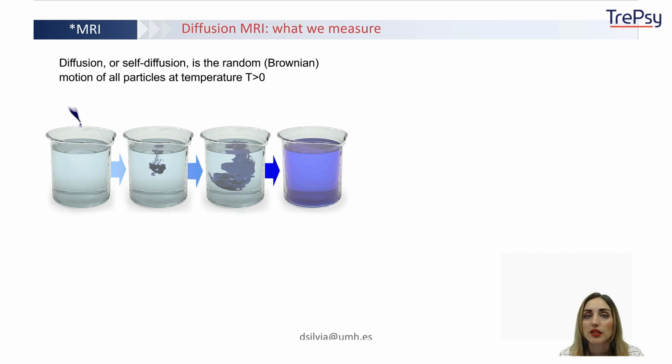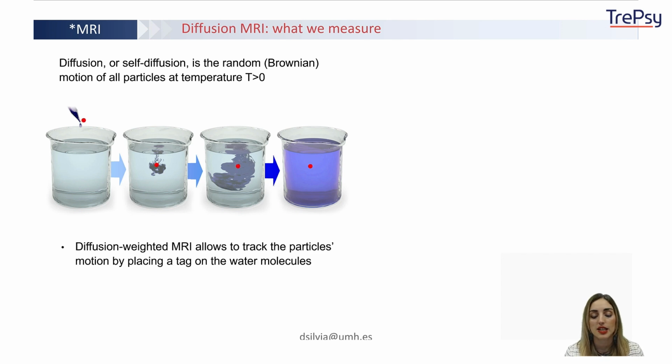Okay, the last part of MRI techniques. As you see, it's a much richer technique compared to PET and SPECT, because there are a number of different aspects of tissue structure and function that can be analyzed. This is the diffusion-based technique. What is diffusion? Well, diffusion is the random motion of all particles which have an absolute temperature bigger than 0, and it can be visualized. It can be tracked. Diffusion can be tracked by diffusion-weighted MRI